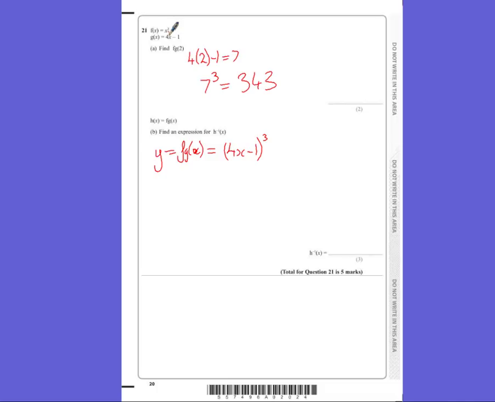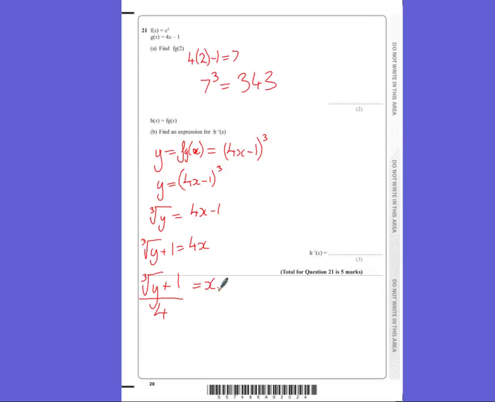Now to find the inverse, we want to rearrange all of that, so 4x minus 1, to make it x equals. So first of all, I'm going to get rid of this cubing by cube rooting. So we'll cube root both sides. We have cube root of y is equal to 4x minus 1. We're then going to add 1 to both sides. So we've got cube root of y plus 1 is equal to 4x. And then divide by 4, I've got the cube root of y plus 1 divided by 4 is equal to